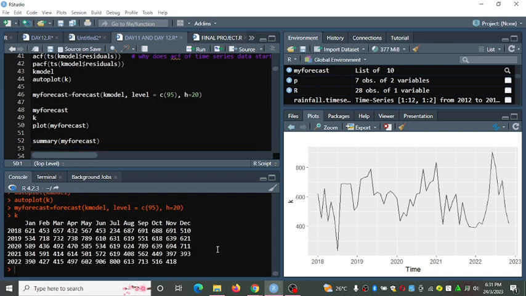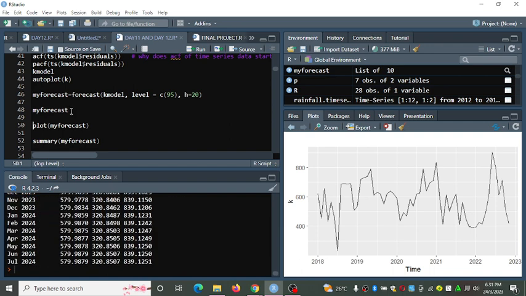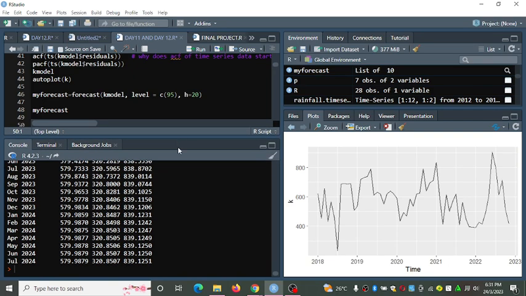This was our data. So if I want to forecast, I expect to get the data from December 2022 onwards. So let's have those points. I expect to have data from December 2022. Let's see.